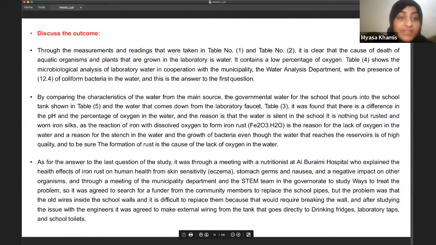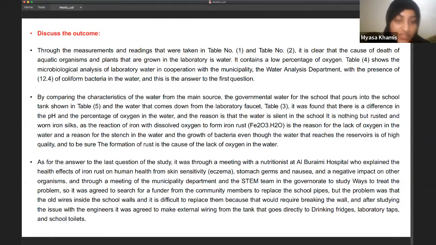Regarding the outcome, it's clear that the main cause that led to the death of aquatic organisms is the low percentage of water in the tap water. For the second question, it was found that the metal pipes are the main factor that causes the